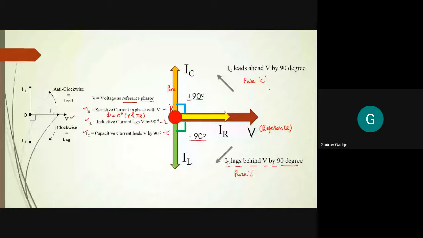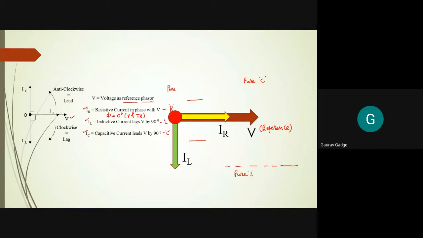So this is the combined phasor diagram. You just compare this phasor diagram which is plotted here, the animated phasor diagram which I have drawn here. So I just want to show you this phasor diagram again, how I made it. Let us check it again. Considering O as the center or origin. Then we make the phasor line for the voltage, that is the reference phasor. Then for pure resistance, the resistance current, that is IR, is in phase with voltage, and hence the phase angle between them is equal to 0 degree.